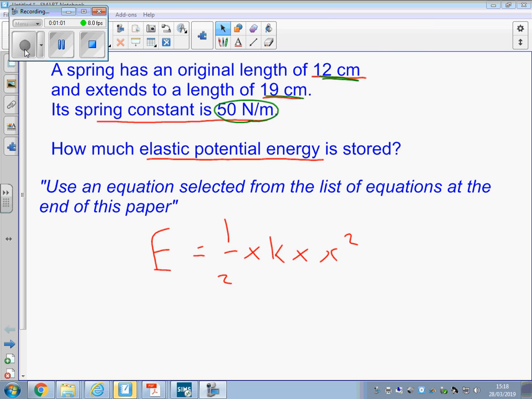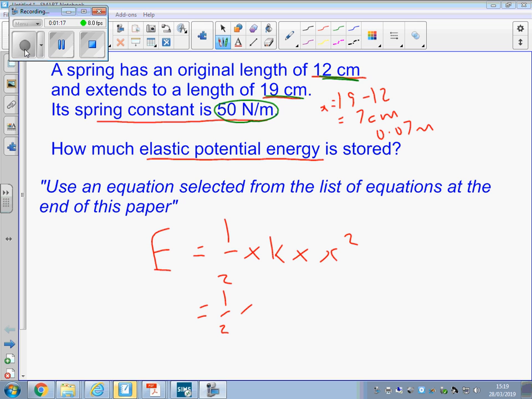So in this example, 19 minus 12, the extension is 7 centimeters. So divide by 100, it's 0.07 meters. That is the important thing that people sometimes miss. So the energy is a half times 50 times 0.07 squared. Then that is 0.1225